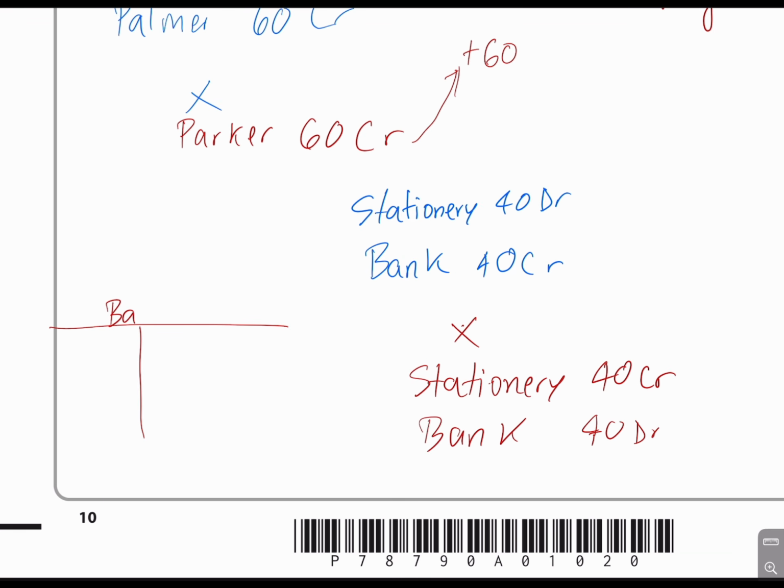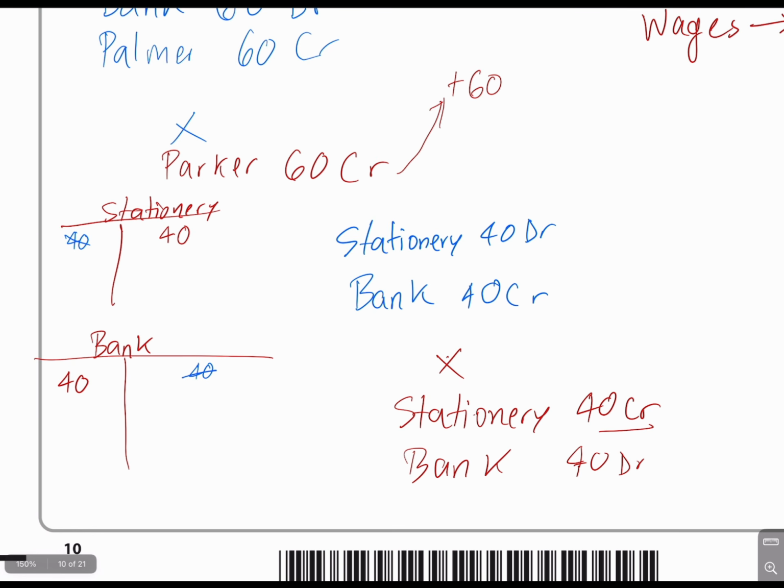So let's assume this is a bank account and this is a stationery account. Now what were we supposed to do? We were supposed to enter it on the debit side for stationery, and for bank, we were supposed to enter it on credit side, but we mistakenly haven't done it. What the business has done is that they have instead credited the stationery account and debited the bank account. But this is not right. Now, to correct this journal, we have to